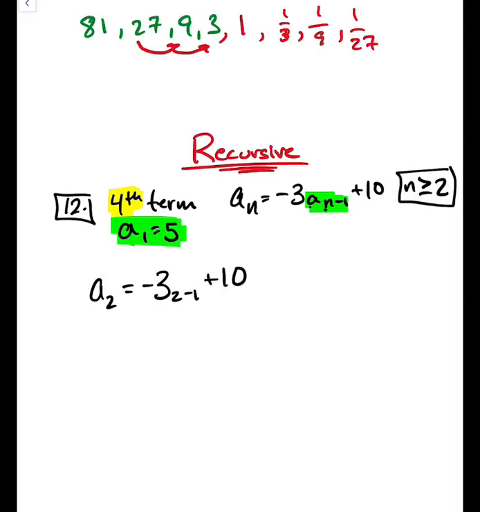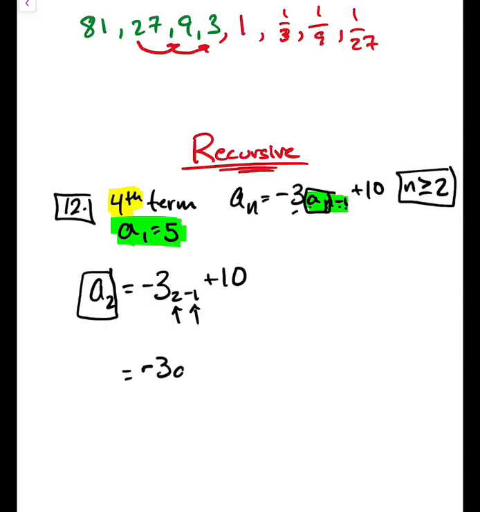So if I compare this part of the formula to what I have here, you'll notice that it's a sub n, and my n is 2. So it's going to be 2 minus 1. So that's going to be negative 3